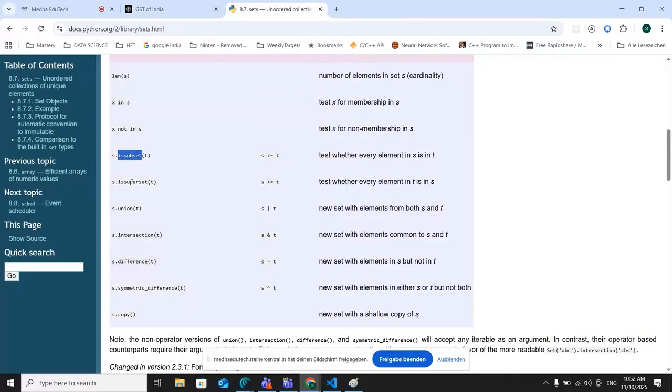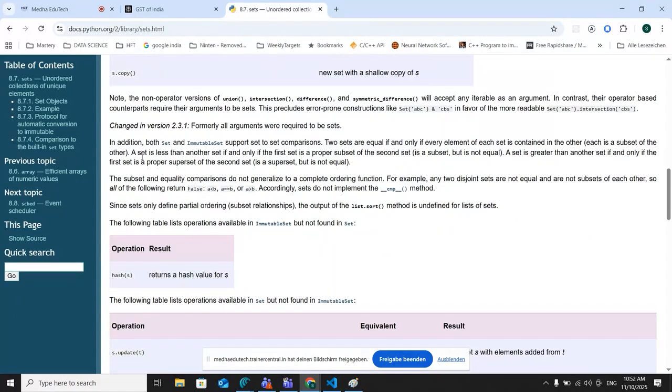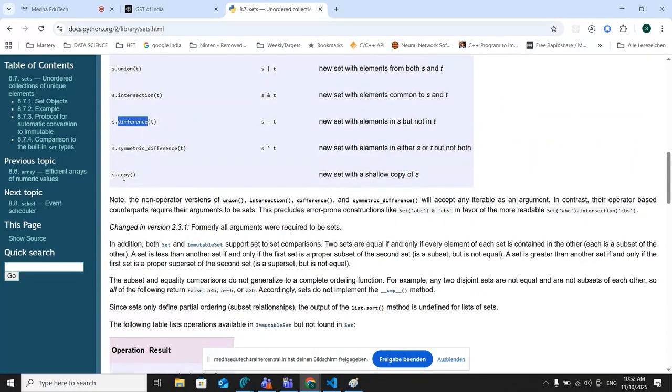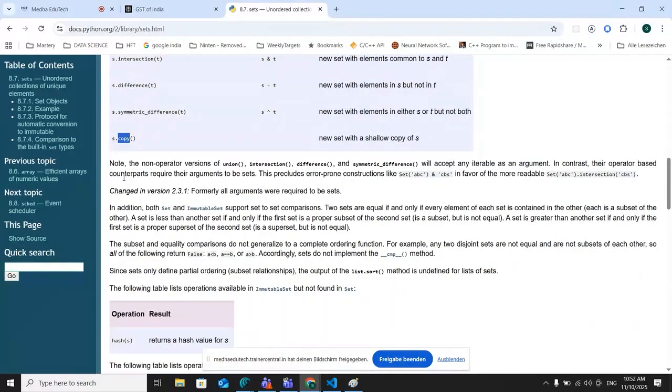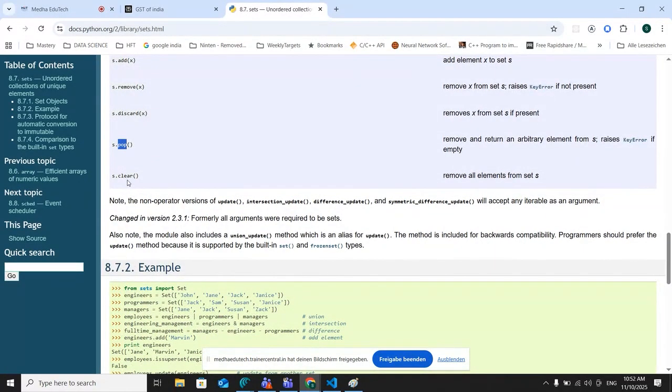Is subset, checking whether it is really a subset. Union, adding two sets. Difference, one set and another set; minus means you remove the second one from the first. Then there is copy, you can use dot copy. Okay, so these are all the predefined functions. You can go here: pop, clear, discard. You can see